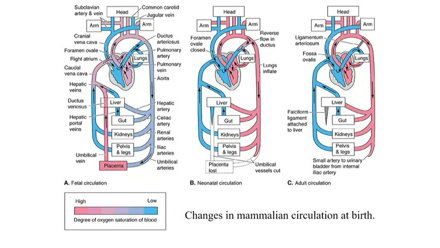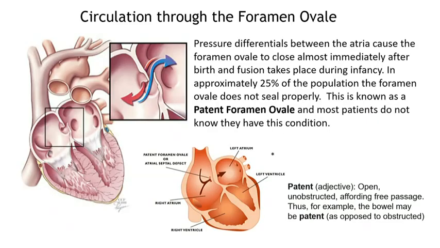Okay? So, this is an amazing physiological feat that mammals have to undergo in order to go, again, from that aqueous environment to breathing air and using lungs then. The lungs come online, essentially. So circulation through the foramen ovale,